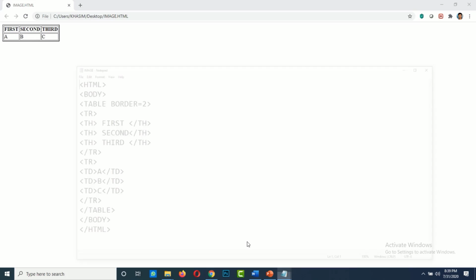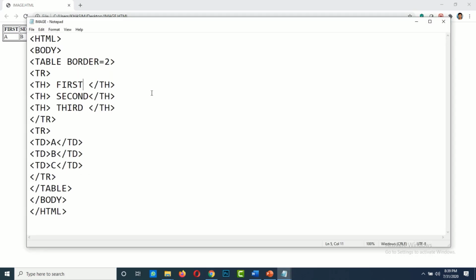Now I am going to insert images instead of A, B, C. Change to first image, second image, and third image. See, here instead of A I am going to display an image.